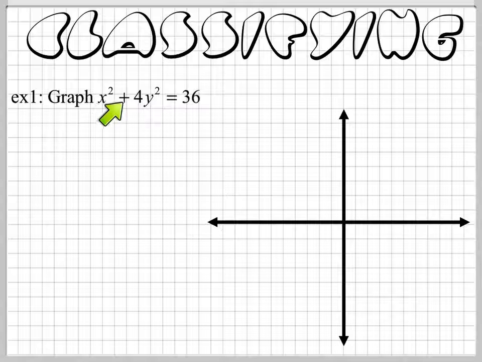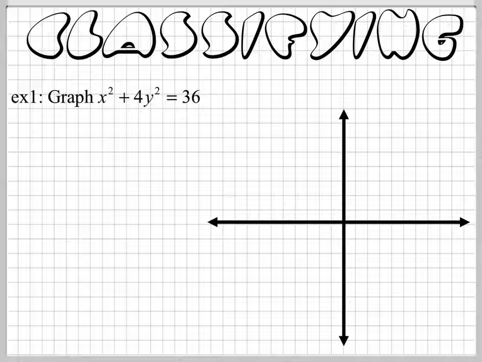We see the plus sign, so we think, ooh, that's a circle or an ellipse. And then you see the 4 right there. There's a coefficient in front of that one, and no coefficient in front of that one, so you think, oh, it must not be a circle. Standard form should not have a coefficient in front of your variables. Standard form normally equals 1 except for a circle,